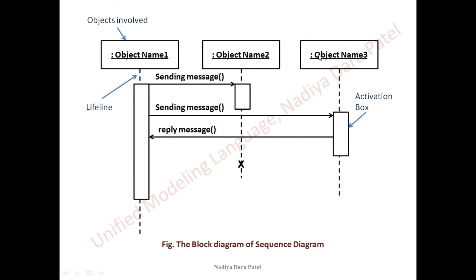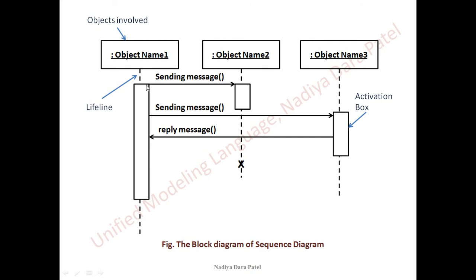After writing all the possible objects inside the object symbol, the next thing which you should do is drawing the lifeline. So lifeline is the dashed line symbol. There are some things which we should remember while drawing the lifeline. As the name is suggesting, lifeline is going to show how long the object is going to be alive. Say for example, object 1 is going to remain in your system for a very long period of time. You are supposed to draw this lifeline with a good length. That means it should be straight and long.